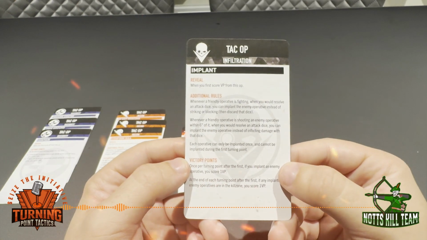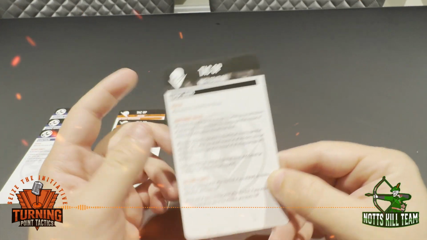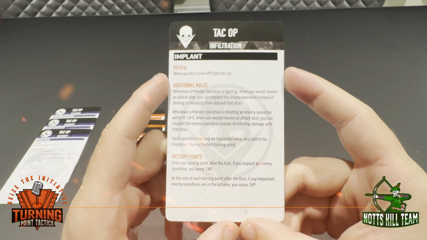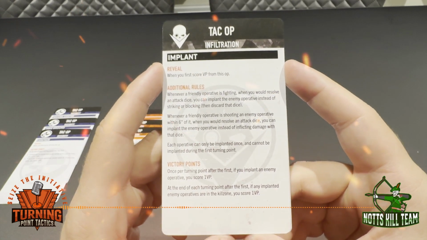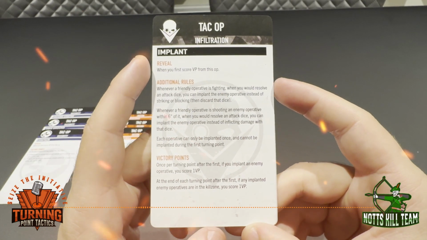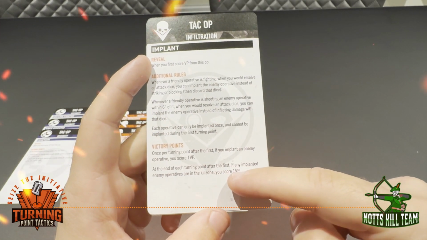You're probably going to be doing at least some shoot actions and some fight actions during a turning point to be able to achieve this first condition. But note that you might be in a situation where you're not going to kill that enemy operative, so you might be taking more damage as a result because you're choosing to score VP and attack op instead, just for awareness. At the end of each turning point after the first, if an implant...